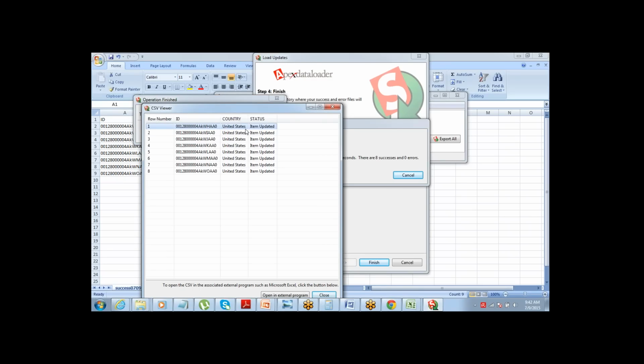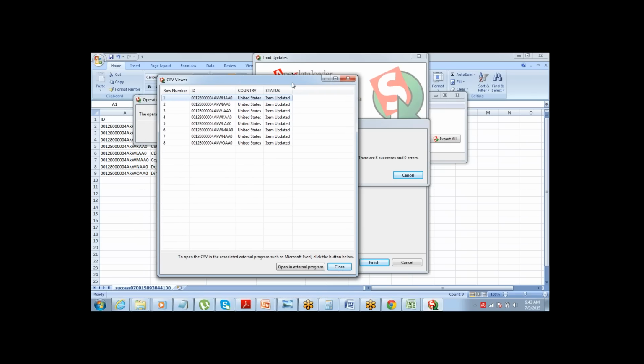So if you are willing to insert some data, then you can just prepare your file and do the insert operation. If you want to update the records, then you need to make sure that you have the ID of the existing record so that Salesforce can understand which records you want to update, right? Then you can just provide the values which need to be updated corresponding to the respective IDs. That's it.